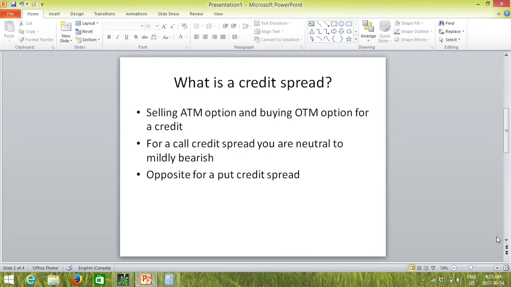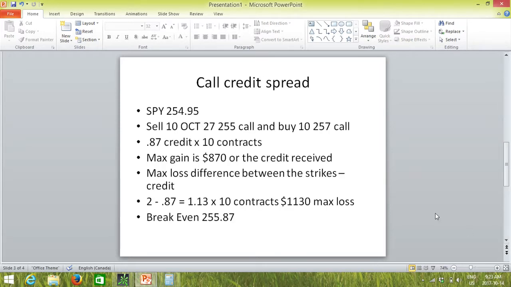Okay, so let's get into an example here. We're going to use the SPY, the S&P ETF. Again, this is for educational purposes. This is not a recommendation. These are closing prices as of Friday the 13th. SPY closed at 254.95. If we're doing a credit spread, I went out about 2 weeks, to the October 27th